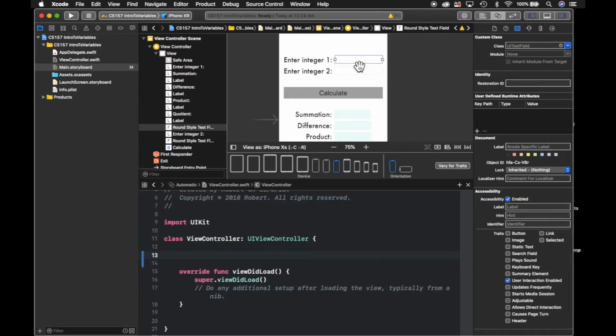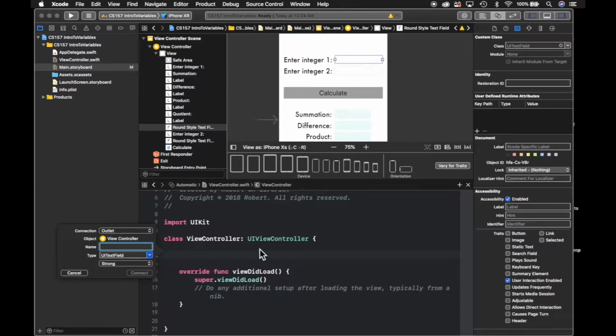I'm pressing the Control button on my keyboard, holding it down, and I'm going to drag and drop this over here onto my view controller.swift file. Let go, and then I'm also letting go of Control on my keyboard. What I'm about to do is create a reference here in code to this graphical user interface object,